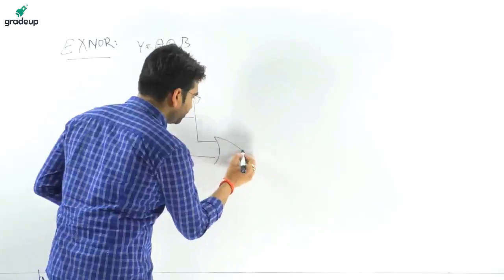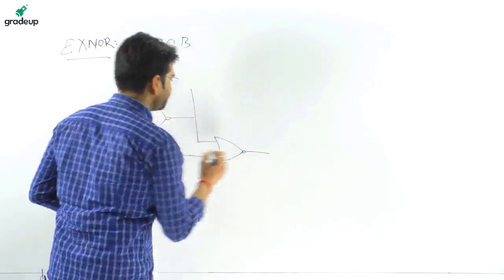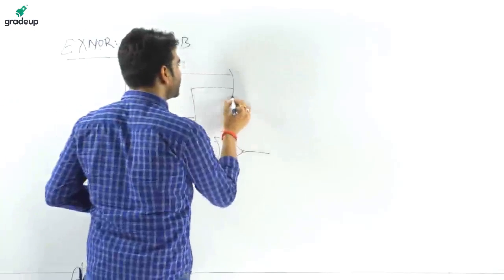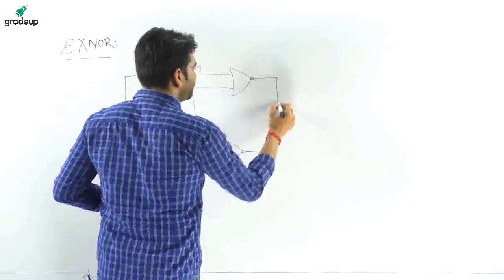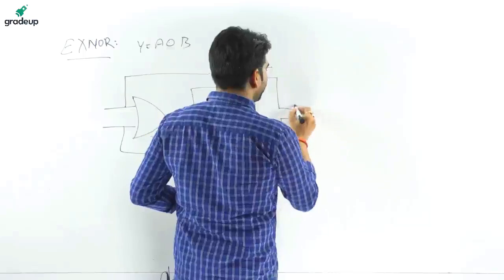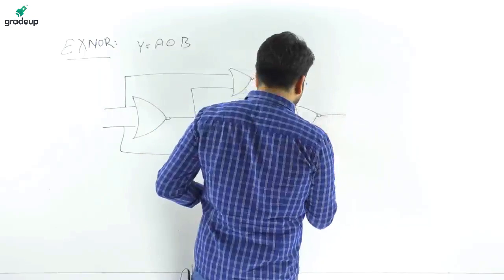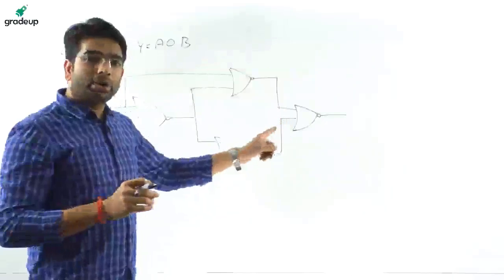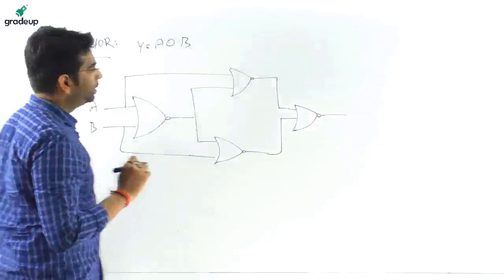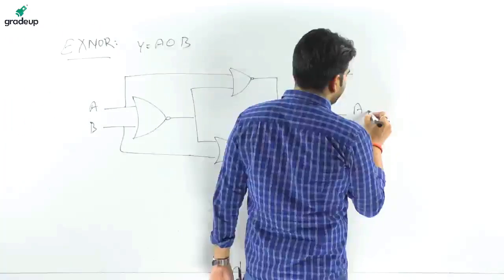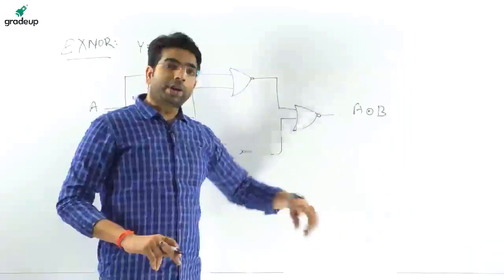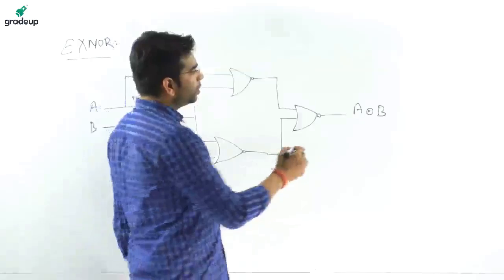Again, we are going to have a NOR gate. Here we will require 4 NOR gates to implement an XNOR gate. Earlier, with 4 NAND gates we got an XOR gate. It is A B. The output at this place will be A XOR B. We have got A XOR B. How can we extract A XNOR B?